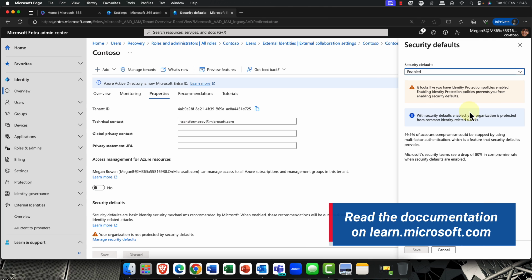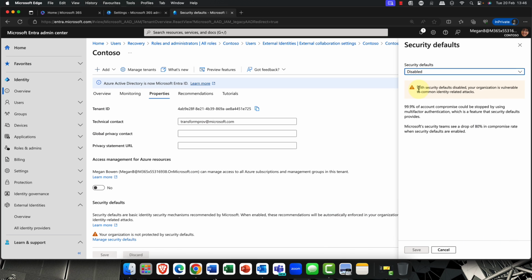Now the thing is, if you have conditional access already or any settings that you have, it may wipe these out, so you may want to avoid using this if you've already configured it. But if you haven't, this is a definite must that you have to switch on.